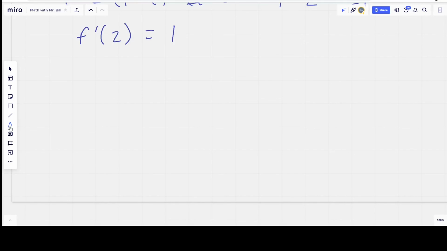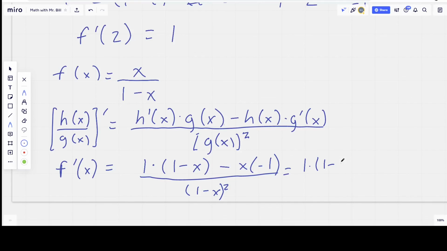So putting in the pieces now, the derivative h prime of x, well that's going to be 1, because the derivative of x is 1, times 1 minus x, minus h of x, which is x, times g prime of x, which is negative 1, all divided by 1 minus x squared. So that's f prime of x using the quotient rule. And then we're going to plug in 2 for x. I could go ahead and simplify it, but I'm not going to, because we can just plug 2 in. So I get 1 times 1 minus 2 minus 2 times negative 1 all over